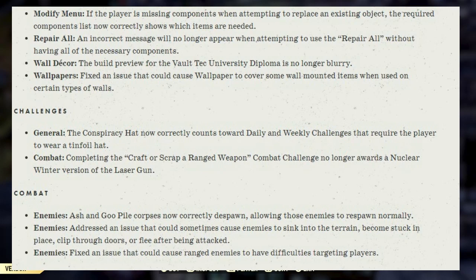Under Wall Decor, the build preview for the Vault-Tec University diploma is no longer blurry, and under Wallpapers, fix the issue that could cause wallpapers to cover some wall-mounted items when used on certain types of walls. Under Challenges, under General, the Conspiracy Hat now correctly counts towards daily and weekly challenges that require the player to